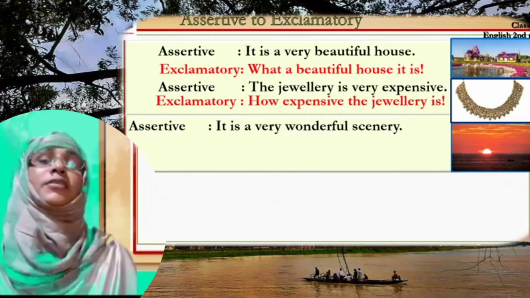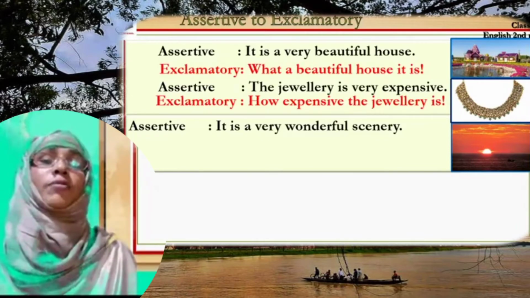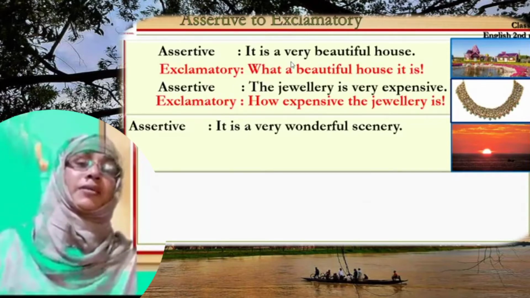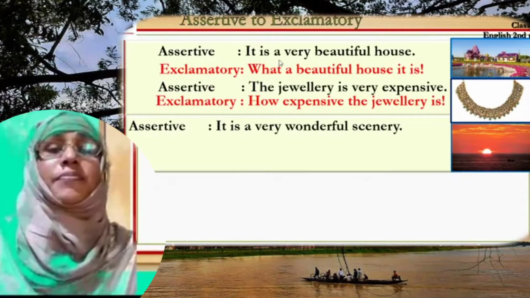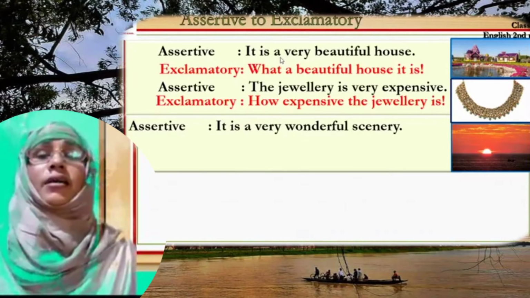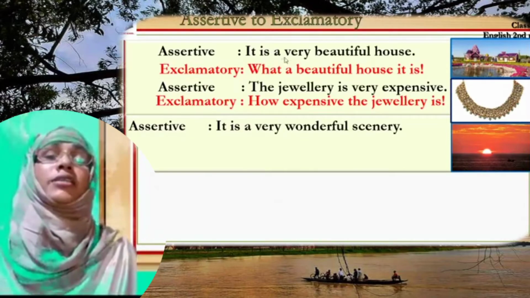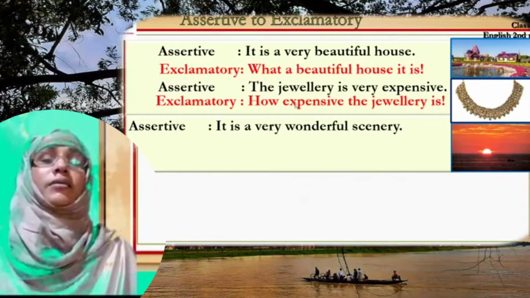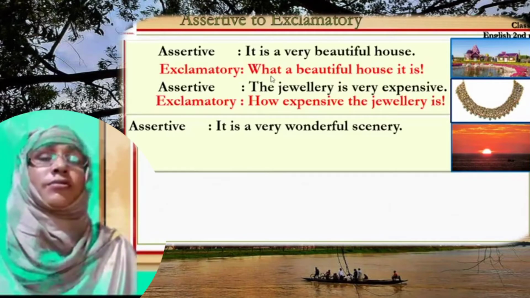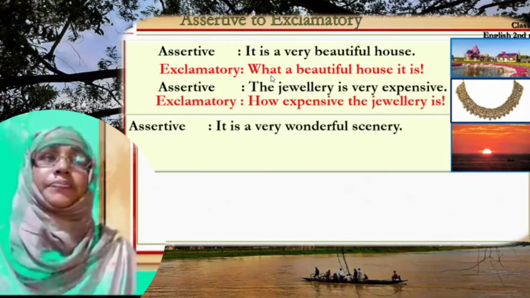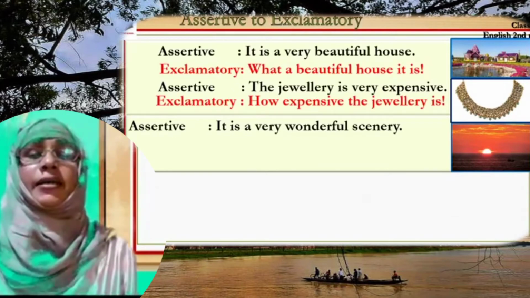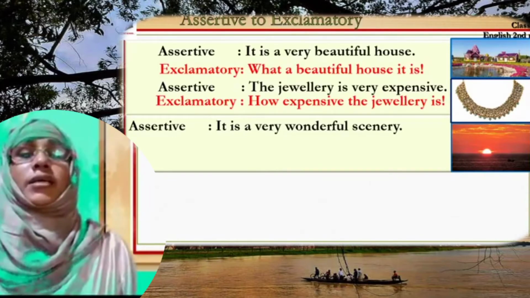No students, আমরা ইচ্ছে করলে what বা how বসাইতে পারবো না। কখন how বসাবো? Can you find out the difference? Yes students, if you find the article a or an before adjective, or very or great, in an exclamatory sentence you will start with what. যদি কোনো a বা an আর্টিকেল থাকে, তাহলে আমরা what দ্বারা শুরু করব।